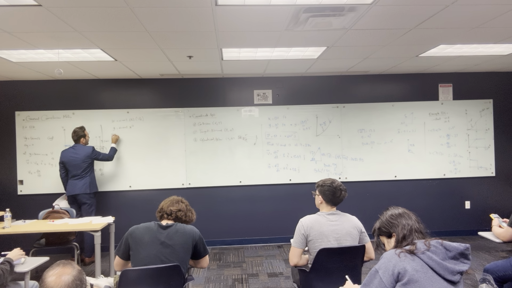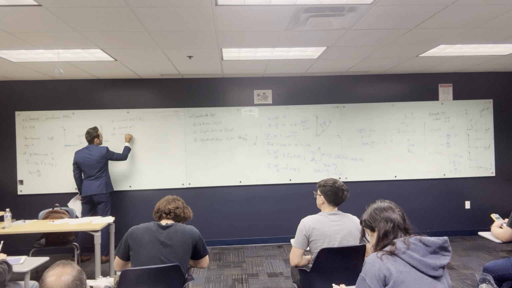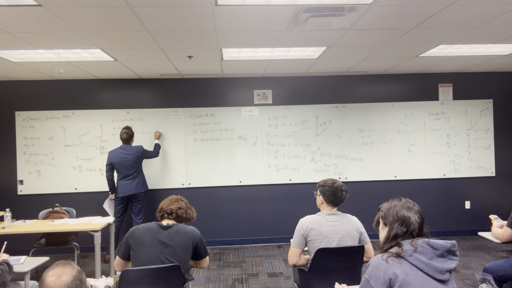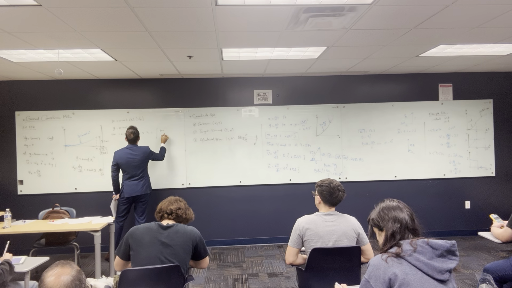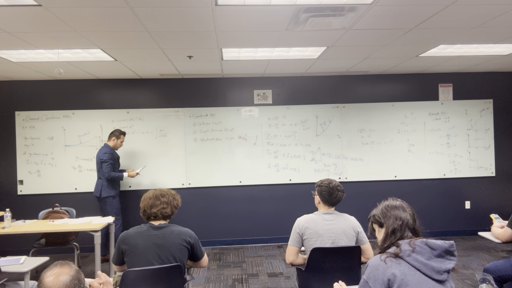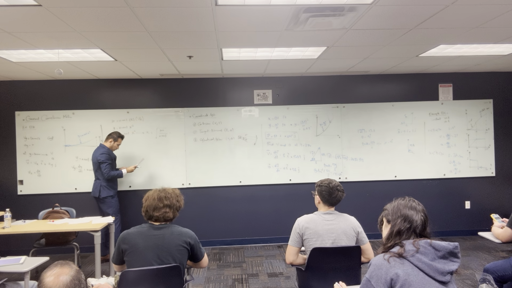If you have y is equal to 100, you have 100 equals 0.001 x squared, so the value of x is going to be equal to the square root of 100 over 0.001. And this is going to give you x is equal to,